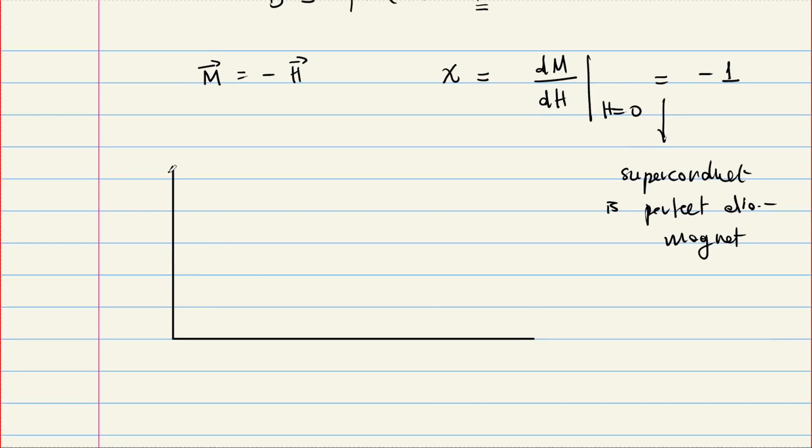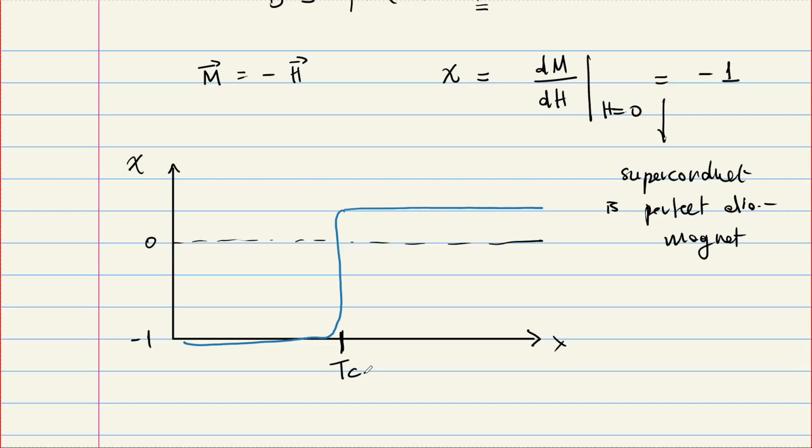And if you look at the experiment, it is something like that. Typically, this is chi, this is T. Suppose this is the 0 line, and this is -1. In the normal phase, you can have some positive value. Typically, many materials are paramagnet. There are also diamagnetic materials, but generally they are paramagnet. And if you go to the superconducting phase, you go to this diamagnetic phase. And this is TC.